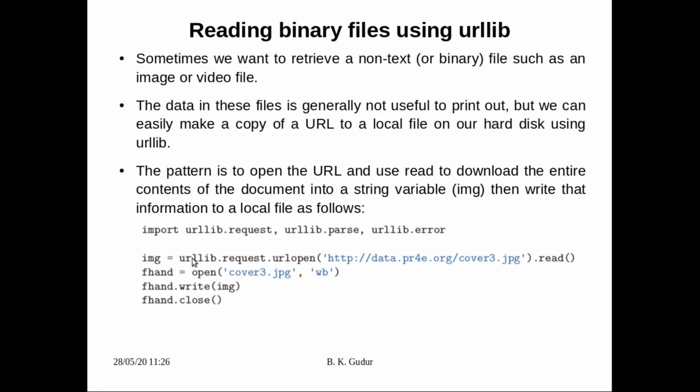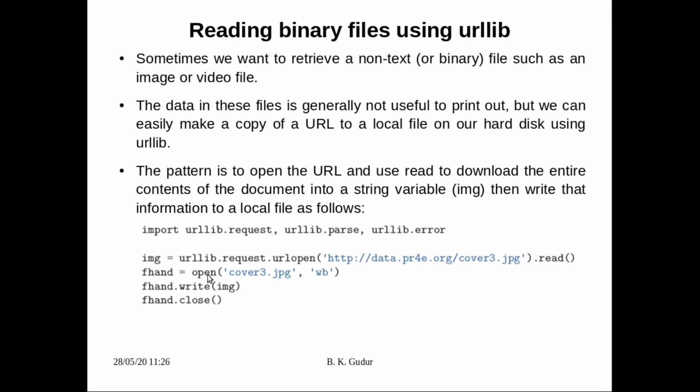Here, using a URL request, the command is urllib.request.urlopen. Here we give the link of the file we want to open. Dot read is going to read the data from this link. Recall that in the previous video, after reading we printed the data, but because this is non-printable data, instead of printing we are going to write the data directly to a file. So as usual, to write the data to a file, first we will open a file.